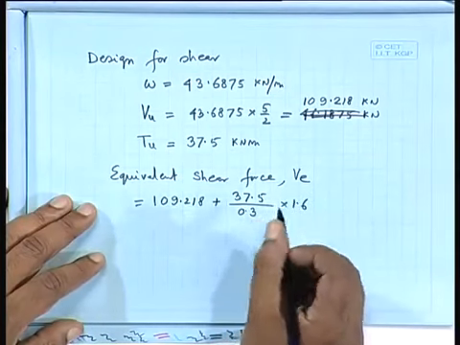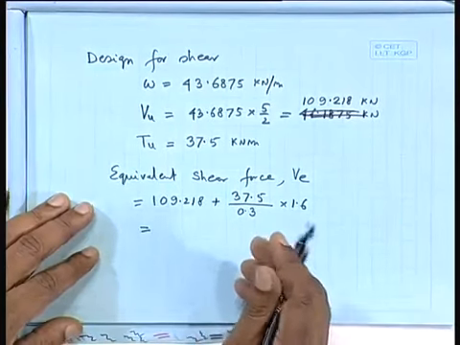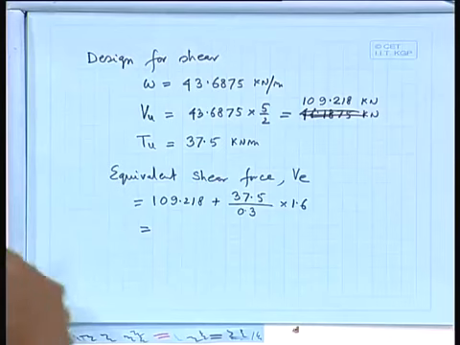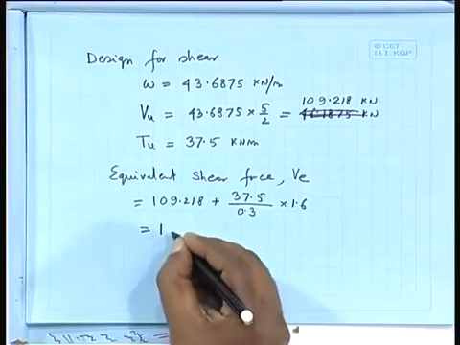That is the one that as per the codal provision that you will get, and which is coming as 37.5 by 0.3 into 1.6,